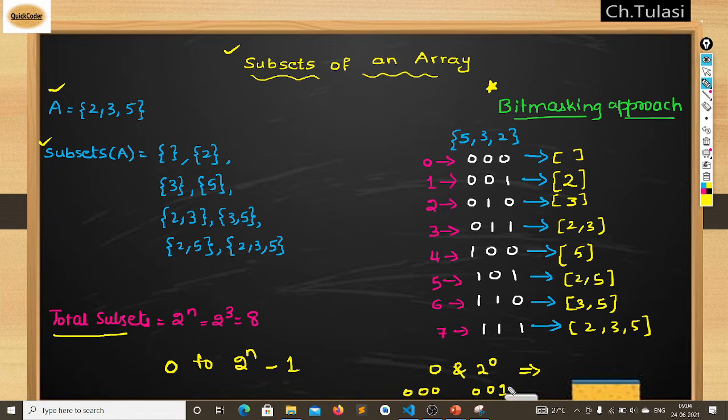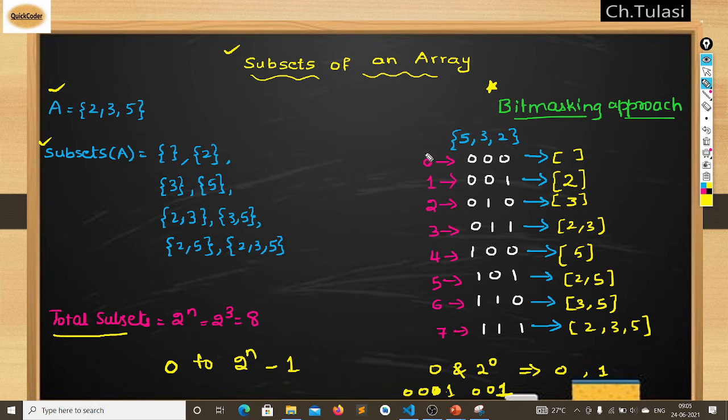As there is 1 at the first position, I will also do the AND at this first position. If there is 0, then my output will be 0 because there is nothing there. But if it contains 1, then 1 and 1, I will get 1. According to that I will include the element. So 1 and 1, I encountered 1. There is 1 there, so I will put the array of 0. That is the reason I wrote the elements in reverse order.